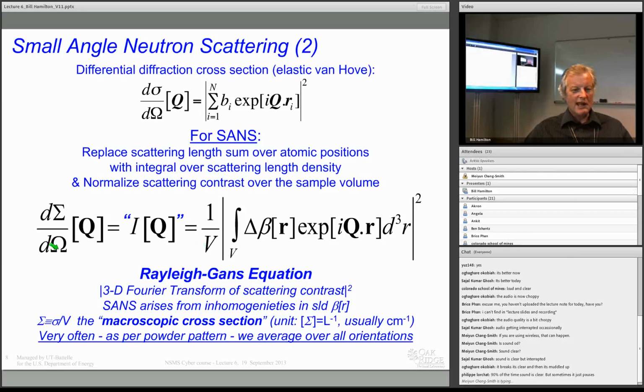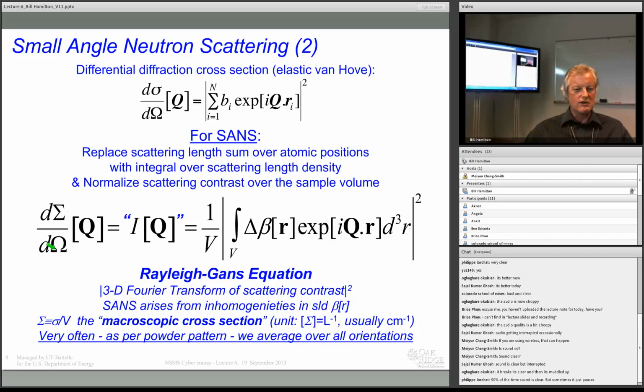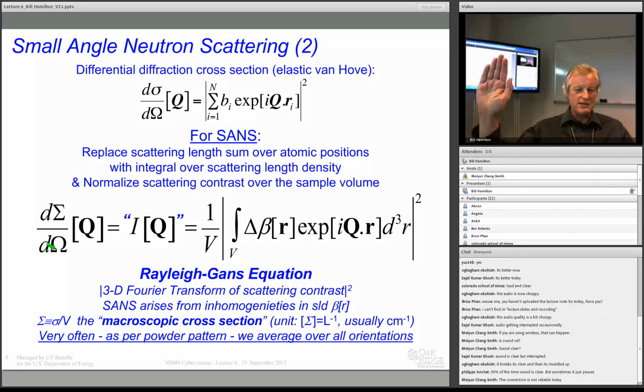I'm going to collect it in the solid angle subtended by a piece of the detector, just like the solid angle subtended by my hand as you're viewing it through this camera. So we're getting the differential cross-section, and the units of this are length to the minus